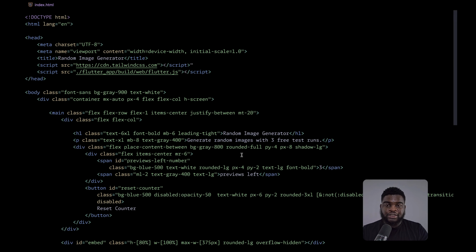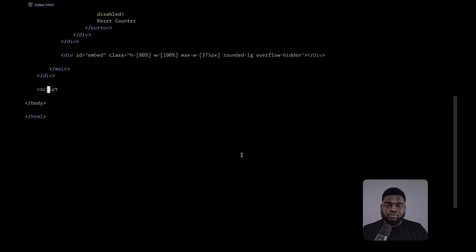So the next step is to add a script to the body of the document. Here we can add the onload function, and we can get the host element using the ID that we set in the HTML file.